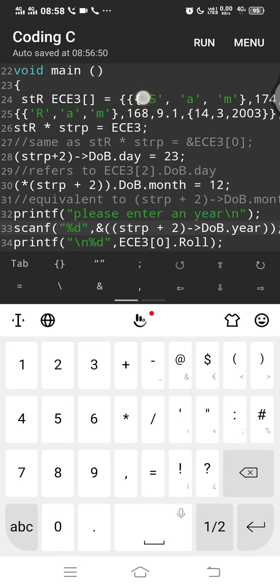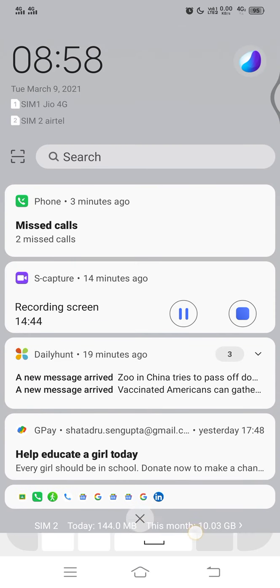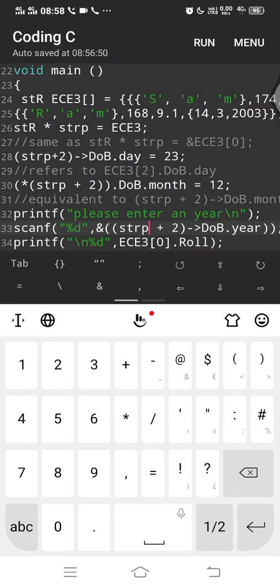So strp refers to the starting position, then advancing by 2 more elements from the start, we are referring to the starting position of what? Not of the array, but of the third element inside the array